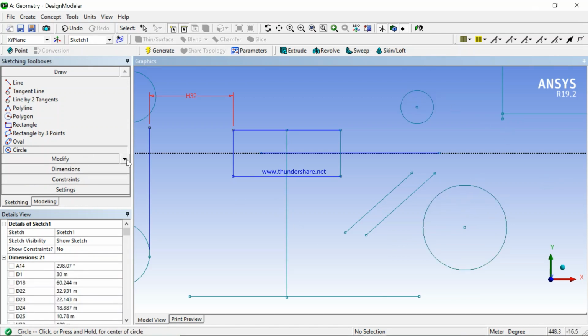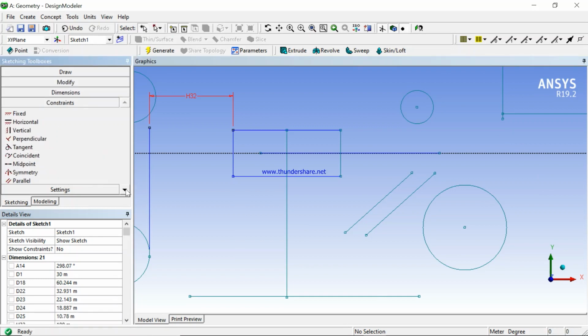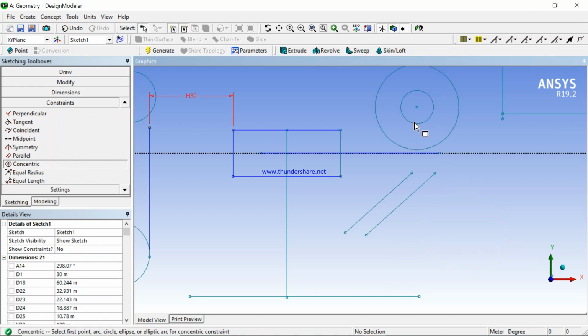Then if you want it to be concentric, you just click on concentric, then say this concentric to this. You see, one is bigger than the other, they are aligned, that is being concentric to each other. Then we have equal radius, equal length, equal distance. So if you want to make